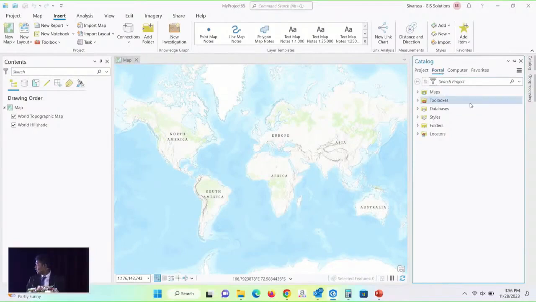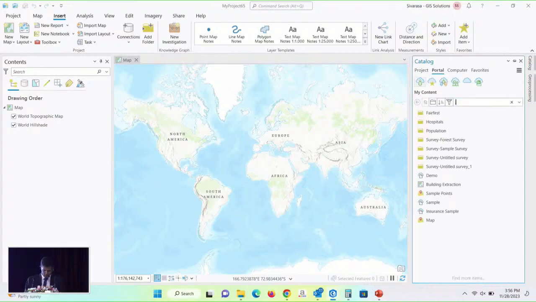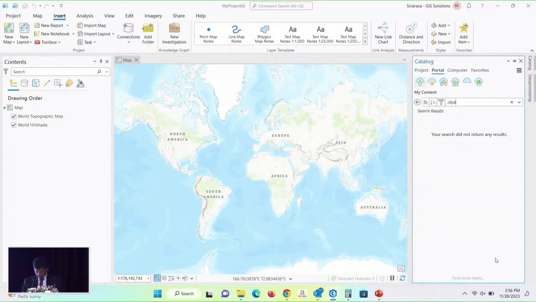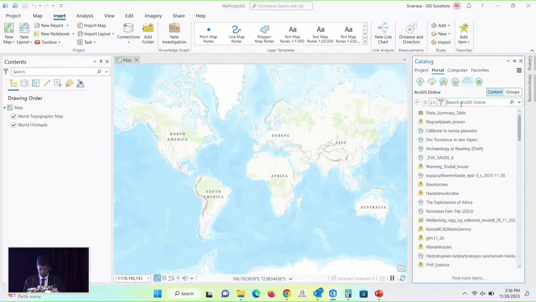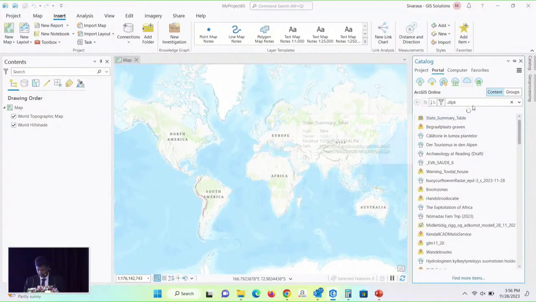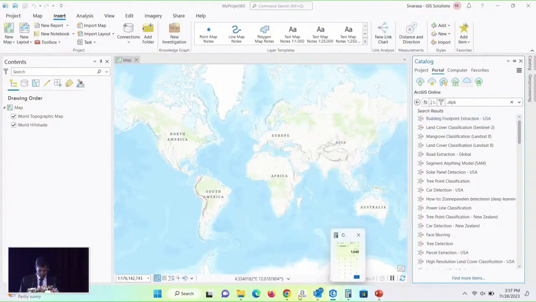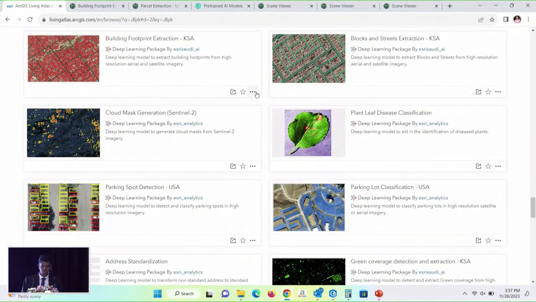You can click this portal and just type .dlpk, and it will list the models here as well. Then you can download it through this, or go straight to the web browser where you have the option to download.